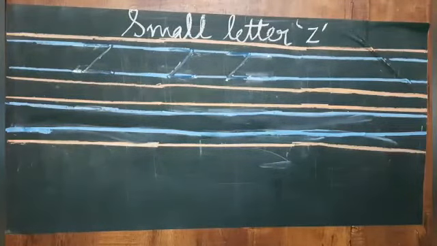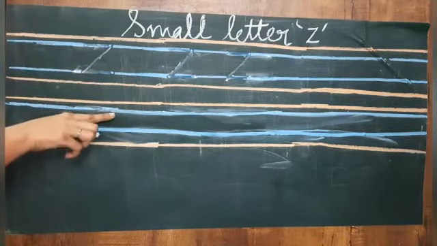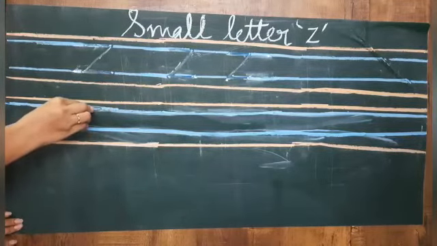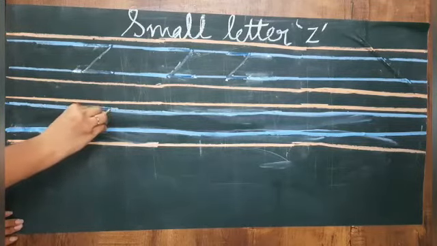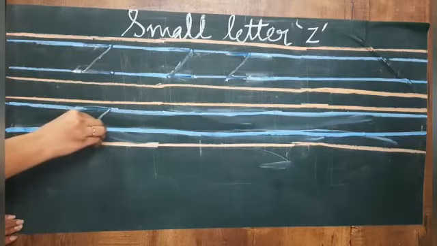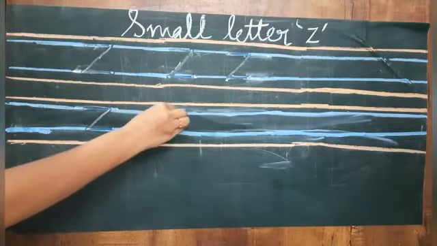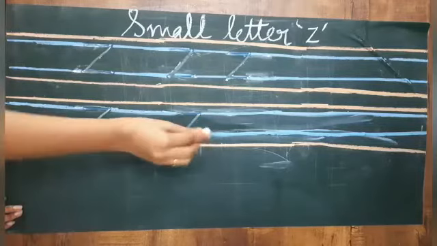Now go to page number 33. In that you all have to write Z without any dots. Now how will we write that? Remember again, write only between the two blue lines. Start from the first blue line, make a slipping line, go down making a slanting line and touch the second blue line. Then again slipping line on the second blue line. One more time, slipping line, slanting line and again slipping line.